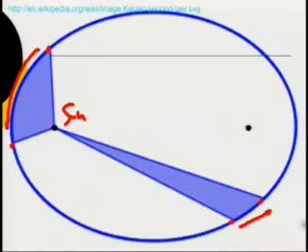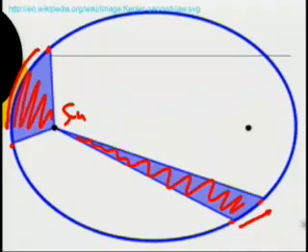Well, you can figure it out if you were Newton and you know Newton's law of gravity, but Kepler predated Newton, so he didn't know that. But what he was able to figure out was that this area here is actually the same as this area here. And Newton, of course, read what Kepler had done and used that to help him come up with his